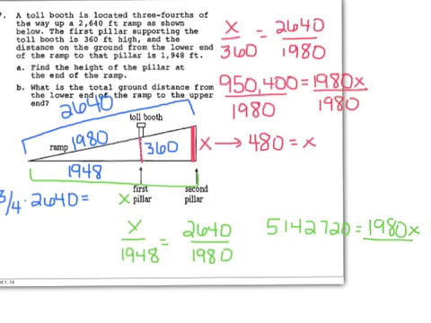Okay, divide by 1980. I get 2,597.3 for x. Okay, so this distance here is